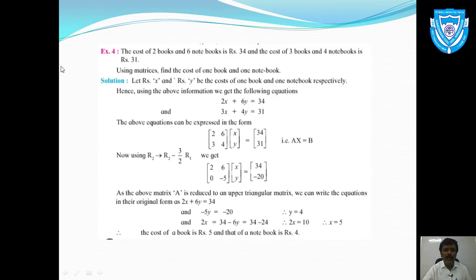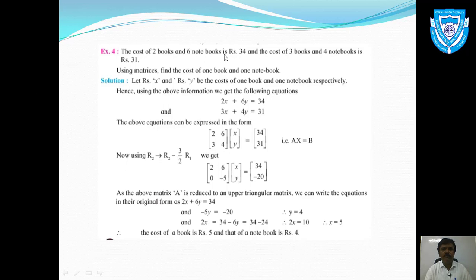So at first we'll use this information, we'll convert this information into equations. Okay, for that at first it is very necessary to write what are x and y. Here you can observe that we have defined x and y as follows. See the first line, let x and y be the cost of 1 book and 1 notebook respectively. जो क्वेश्चन हमें पूछा है उसको ध्यान में रखते हुए हम लोग वेरिएबल डिफाइन करेंगे. यहाँ पे ये फर्स्ट लाइन में जो लिखा है ना, उसे कहते हैं कि वेरिएबल डिफाइन करना. So at first in the beginning we have defined what is x and y. So x is the cost of 1 book, whereas y is the cost of 1 notebook.